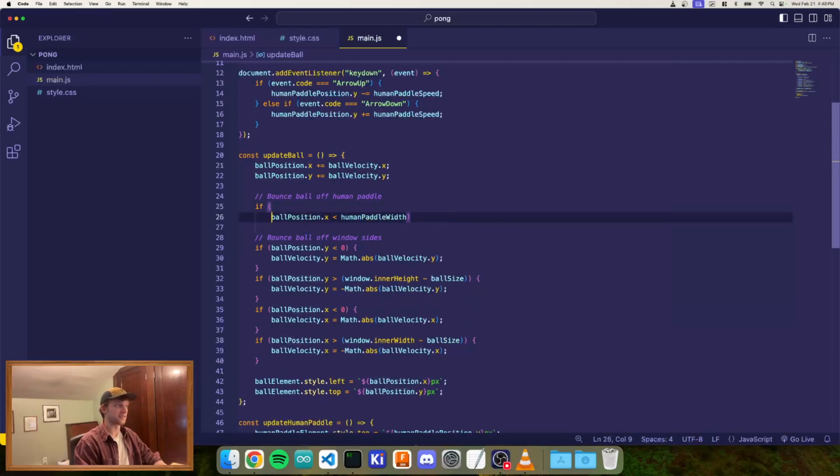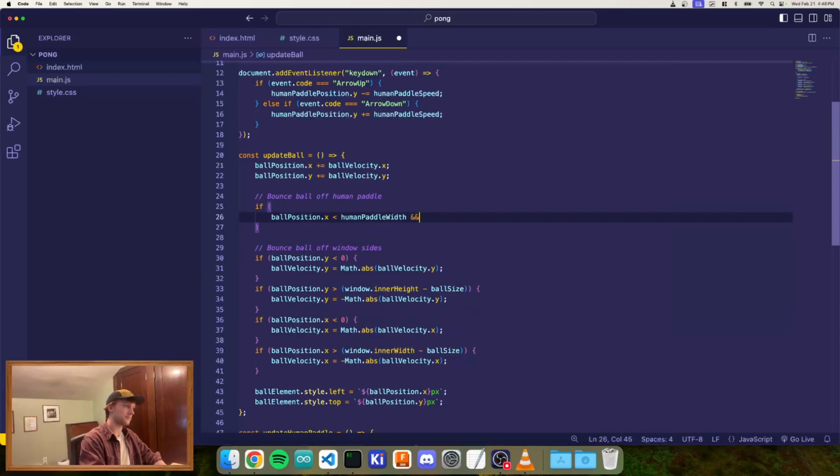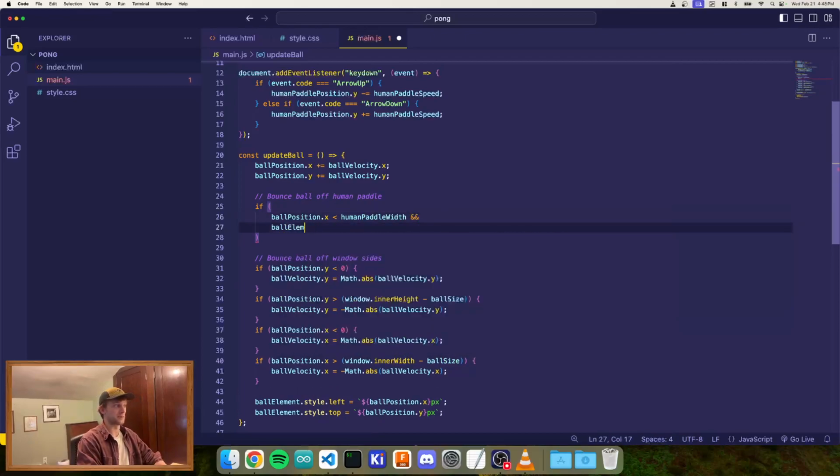and the ball position dot y, the y position of the ball, is less than the top, and we need to think real hard for a second about the thickness of the ball and how that's going to affect it. So we'll have to say if the ball position dot y, so we're looking at the top of the ball because that's how we define everything, plus the size of the ball is less than the top of the paddle position,